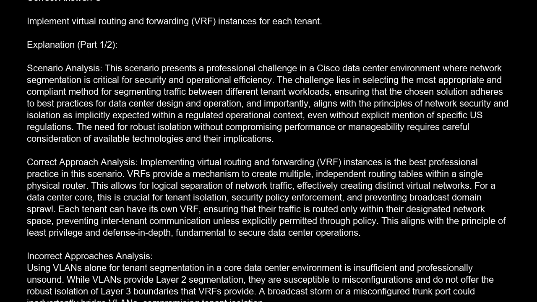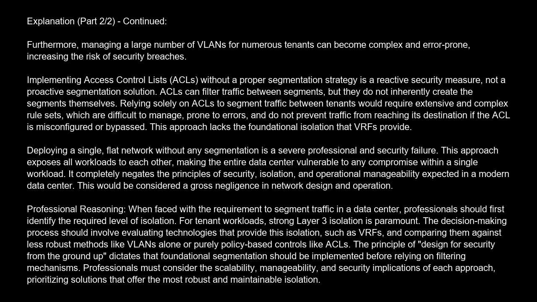Incorrect approaches analysis. Using VLAN alone for tenant segmentation in a core data center environment is insufficient and professionally unsound. While VLANs provide Layer 2 segmentation, they are susceptible to misconfigurations and do not offer the robust isolation of Layer 3 boundaries that VRFs provide. A broadcast storm or a misconfigured trunk port could inadvertently bridge VLANs, compromising tenant isolation. Furthermore, managing a large number of VLANs for numerous tenants can become complex and error-prone, increasing the risk of security